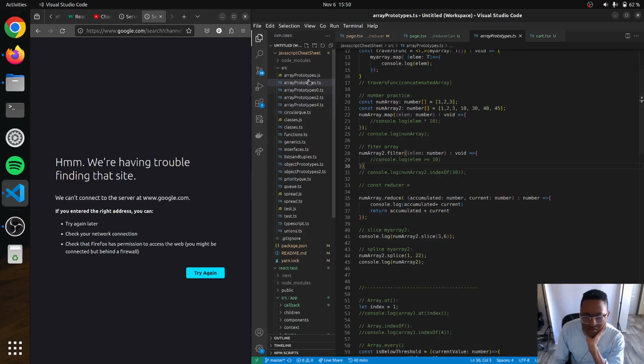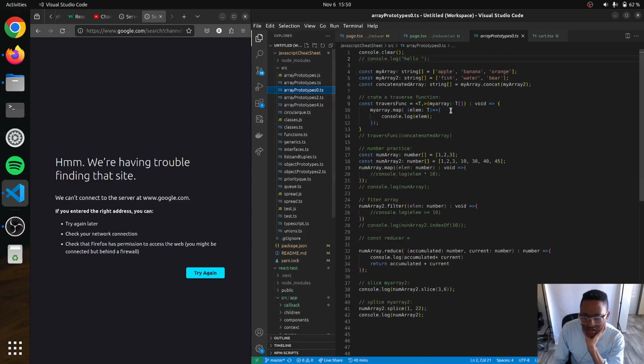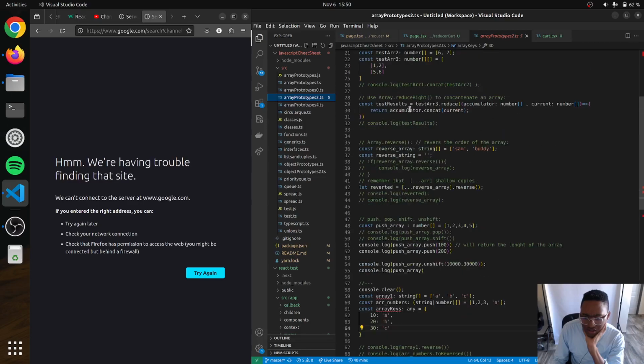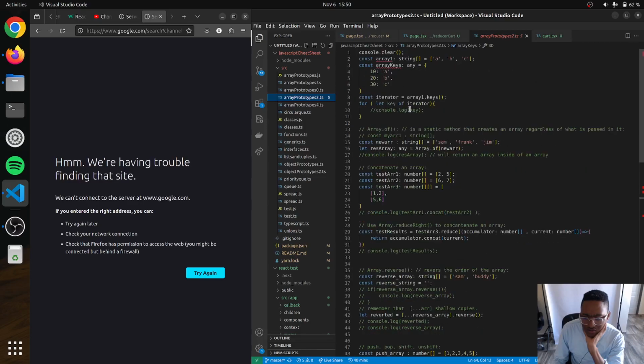No, slice. What does slice do? Jeez, man. It's filter, reduce, traverse, reverse, toString, join. I know it's slice. I think if I give slice just the